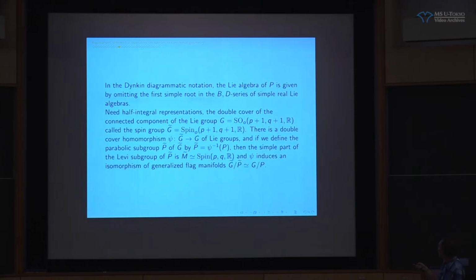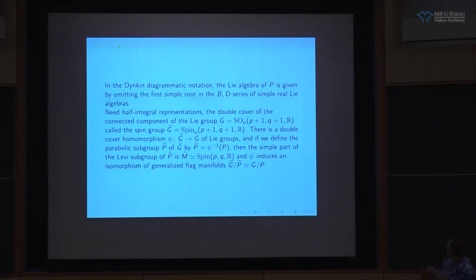So the conformal geometry corresponds to crossing the first simple node, or first simple root, in the B and D series of simple Lie algebras. And one additional remark: because we will be working with spinors, we will need not just